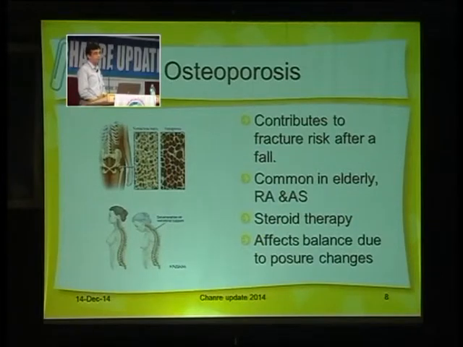And once they fall down and fracture a bone, they'll all have a lot of fear of walking, fear of falling down. That all contributes to their walking difficulty. And again, they can have the same posture problem which occurs in ankylosing spondylitis because of the dorsal kyphosis. Mother Teresa had osteoporosis. That's a typical posture. So it's extremely difficult to walk with that posture because it affects the entire body balance.